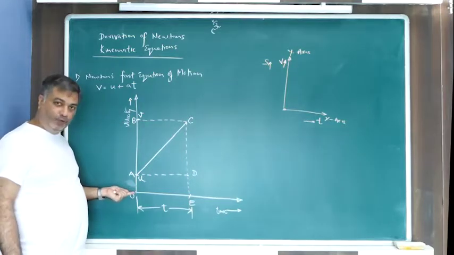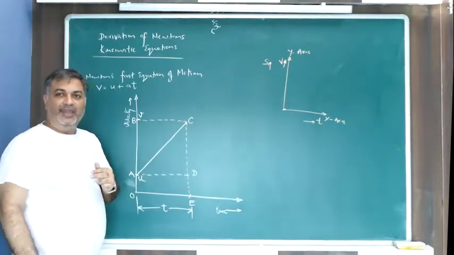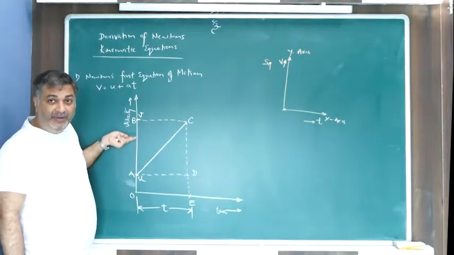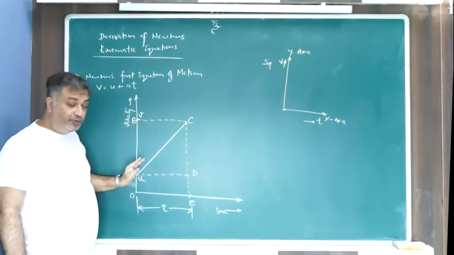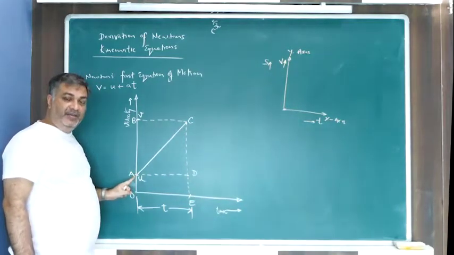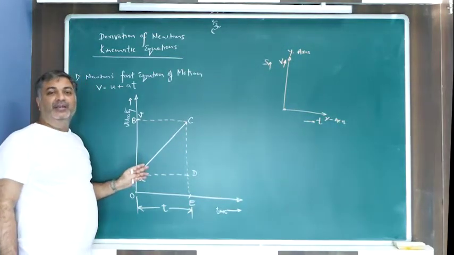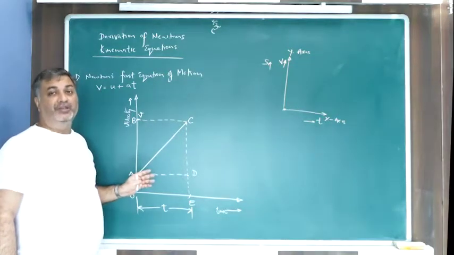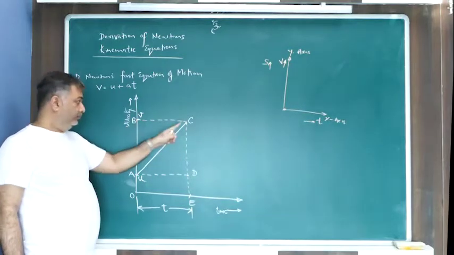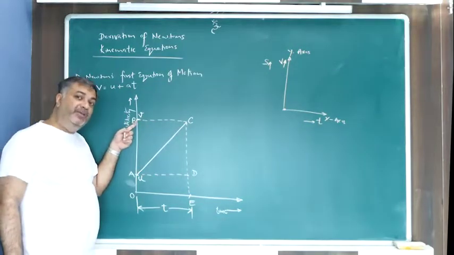See, this value is 0. Somewhere 10, 20, 30, 40, 50, 60, 70, like that, you will have numbering on the y-axis. So if I'm going like this, I'm climbing up; my value for velocity is going up and up. That means my velocity is increasing linearly. So the body is traveling from point A at an initial velocity of u, and while it is traveling, the velocity increases uniformly to a value of v. By the time the body reaches point C, the velocity has already become v.